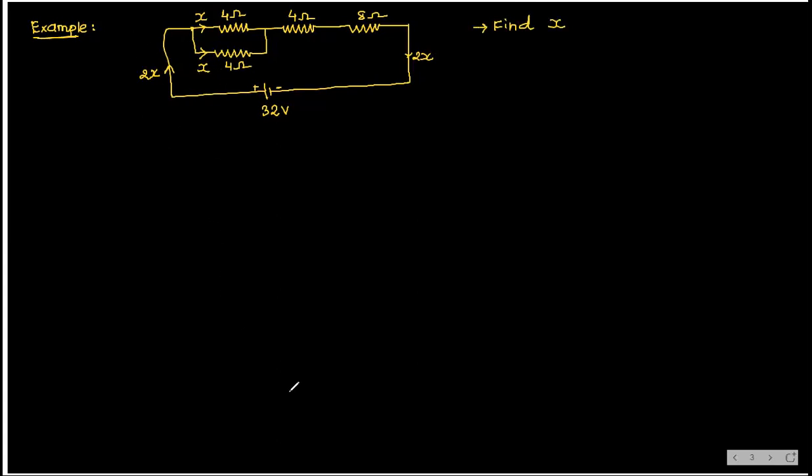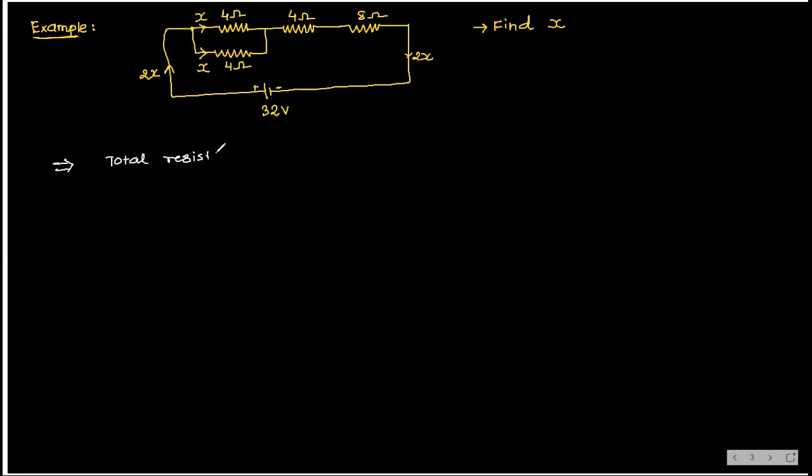Those who understood, okay. Those who did not, just listen one more time. So see here, first what I will do. My first step is, now see here it is 2x, and as this is x, if you find out x directly, it is easy. Or even suppose sometimes they will ask the current across this 4 ohm, then that also we can do. So let's see. Now first of all, we have to find total resistance.